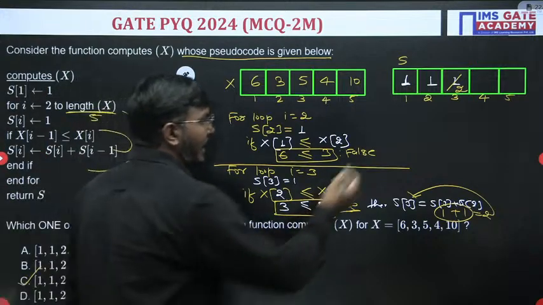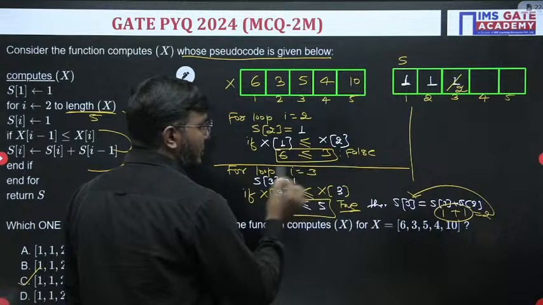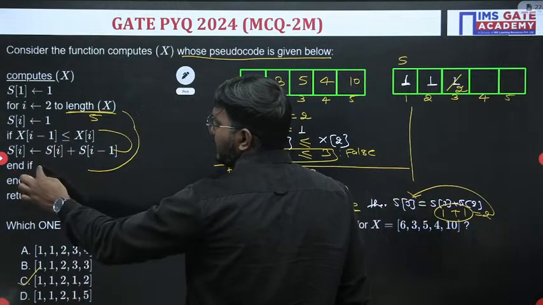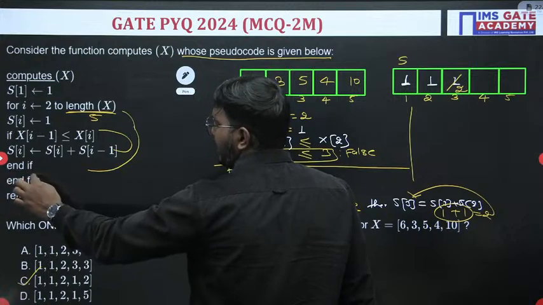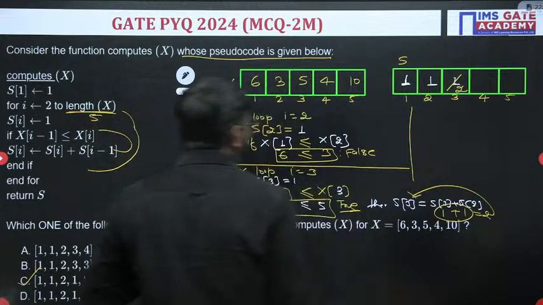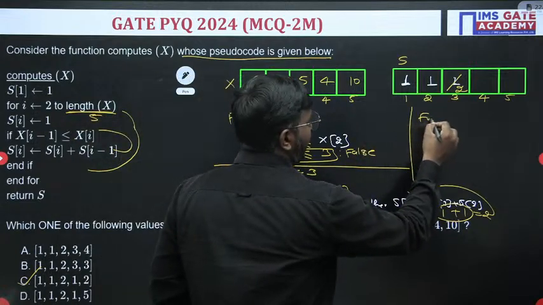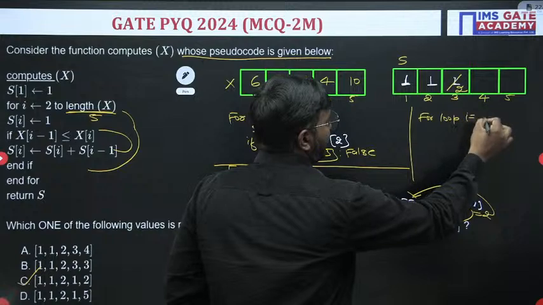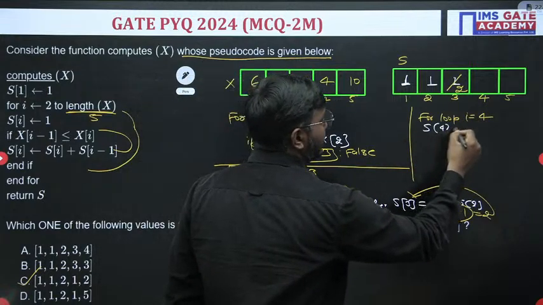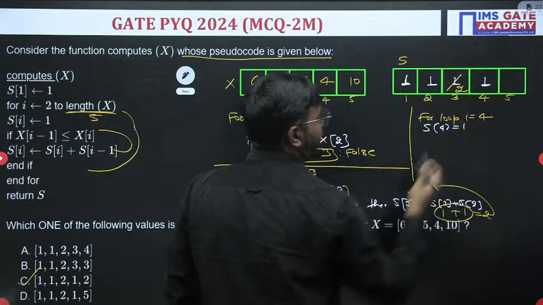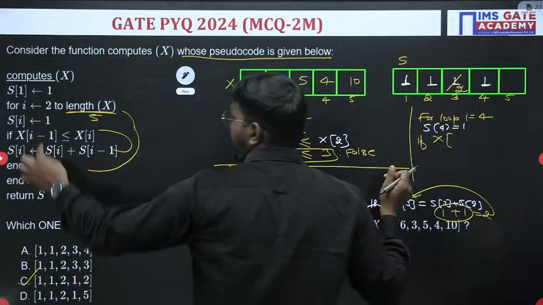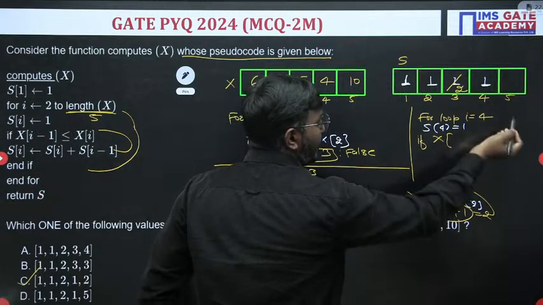Fine. Now again we'll go one more time. So the third loop is done, the if condition is done. After the end of the if, increment the for loop, and this for loop will run for I equal to 4. Now I equal to 4 means s of 4 is equal to 1. This value is 1. Now what is the if? If x of I minus 1, I is 4, so 4 minus 1 is 3,